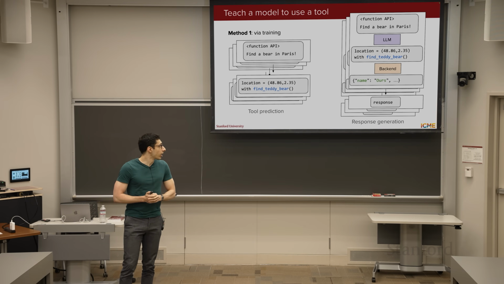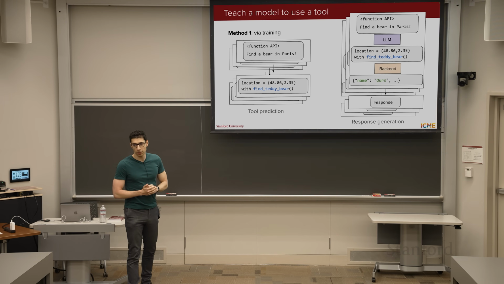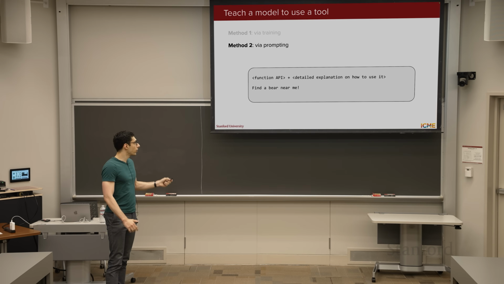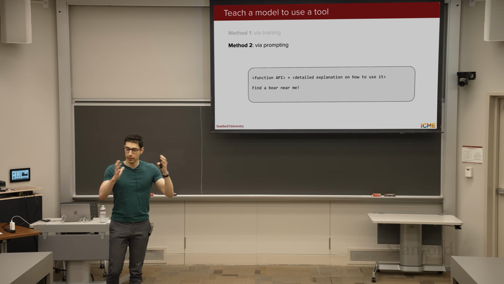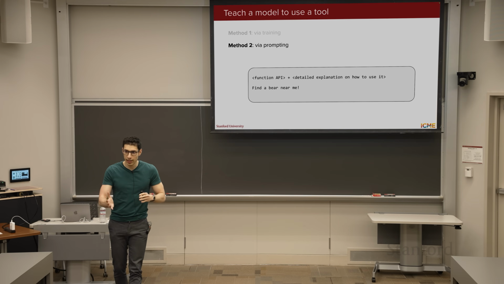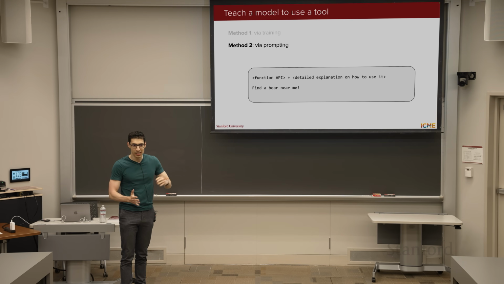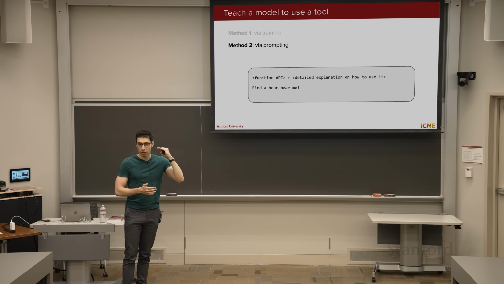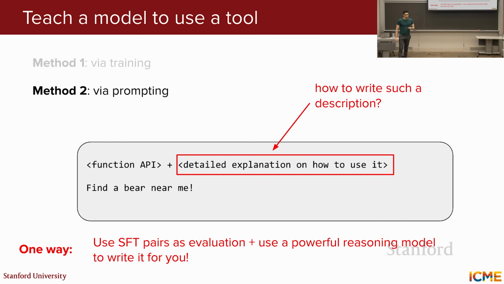So you could say, okay, hey, if I ask this question, I want that tool call, and you have a set of pairs. And you could run whatever you have so far in terms of explanation. You evaluate these prompts against the evaluation set. So you have some wins and losses. Maybe find a bear in Paris doesn't work well. Some other prompts do. So you have a list of each sample with a score, and you could feed it back to a reasoning model, typically,